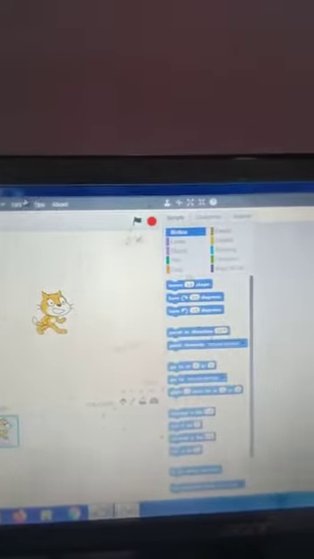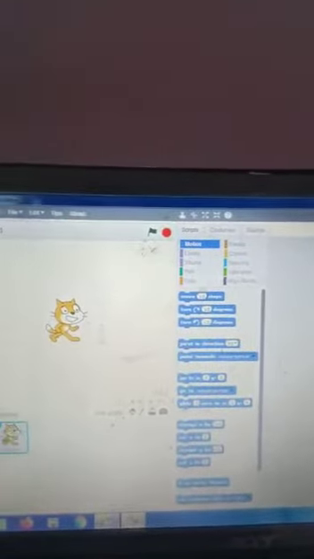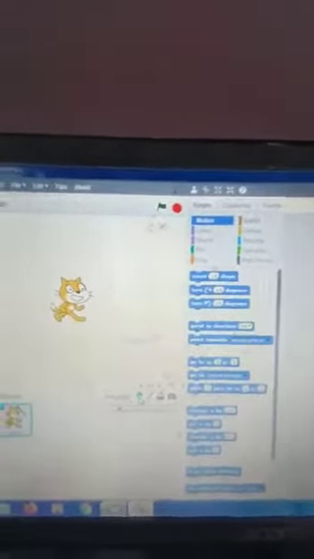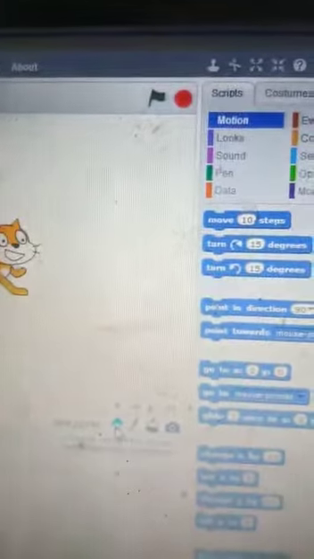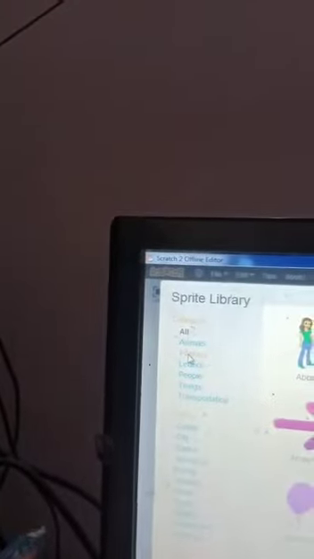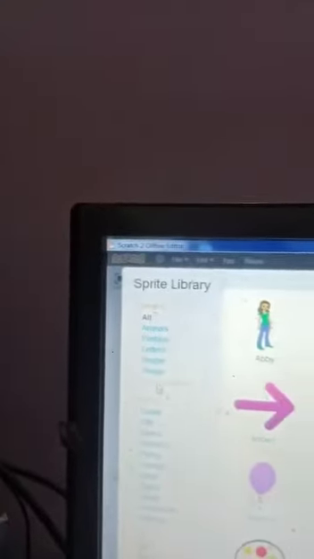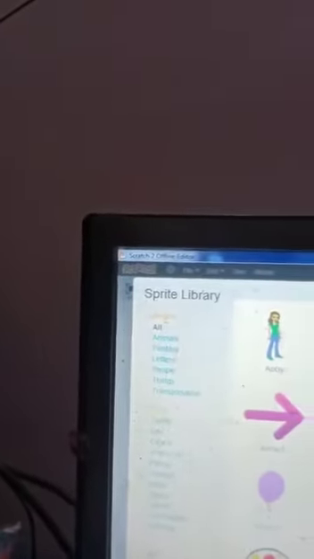How can you change it? I will show you. First you open the Scratch editor and here is the option: Choose a Sprite from a library. Click on that. Now look, different categories are there: animals, fantasy, people, things, transportation, city, dance.